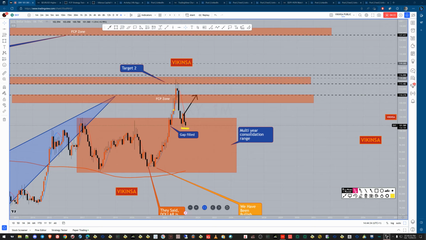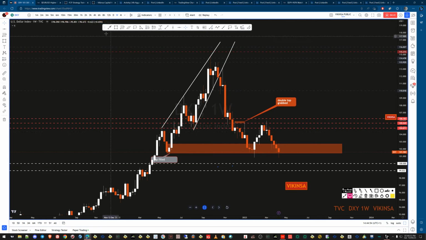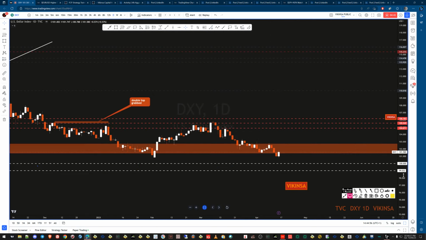Not exactly at the same time, but at some point in the future, right? They usually get hit, because a lot of stop losses, a lot of liquidity is around there. So there are only two scenarios left on the smaller time frame. On the smaller time frame, what we can expect is, let me go back to the previous chart, this one. On the smaller time frame, now we have only two things left.